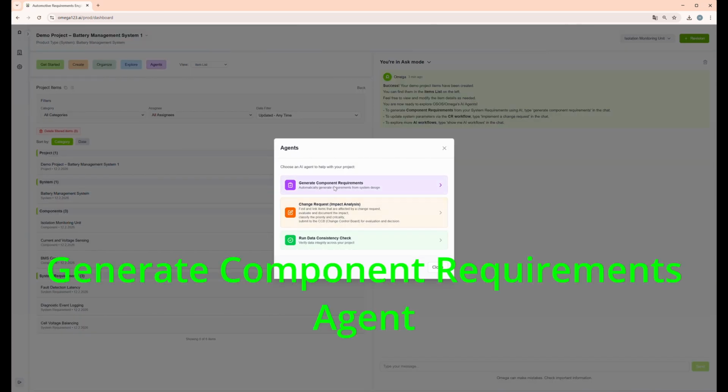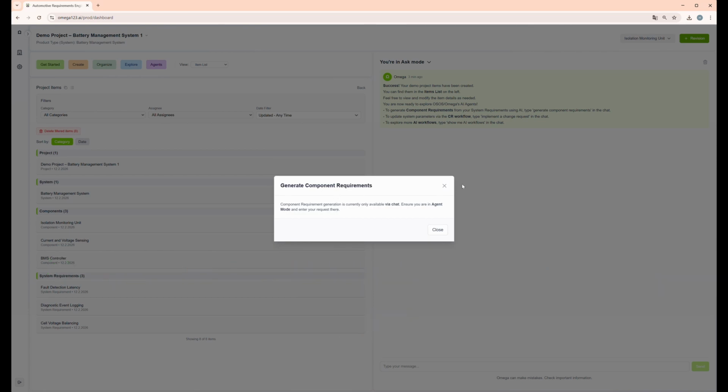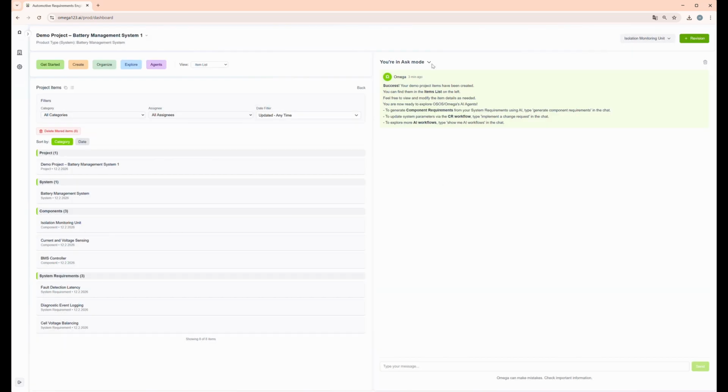Then we have the agents. So there is the generate component requirements agent. So this is not available in this button. You have to use it in the chat. So if you want to use an agent in the chat, you have to go to agent mode. Otherwise, you cannot access or modify your database. And then you just type